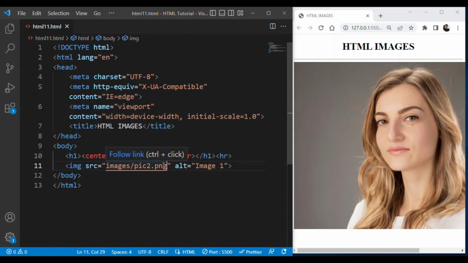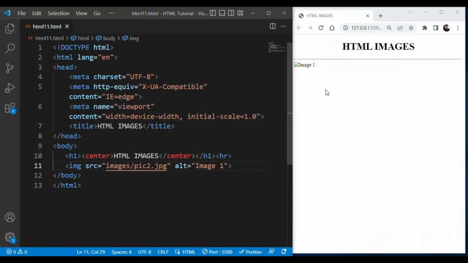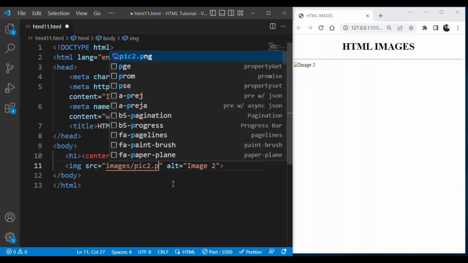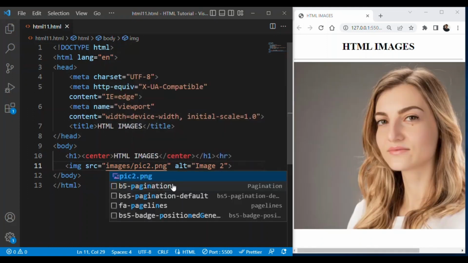And if we make some mistake, for example, if we write the wrong extension, jpg, the image will not be displayed but the alternate text will be displayed, that is image1. Now we'll make it 2, so you can see image2. Now we'll correct the extension, that is png, and you can see the image.